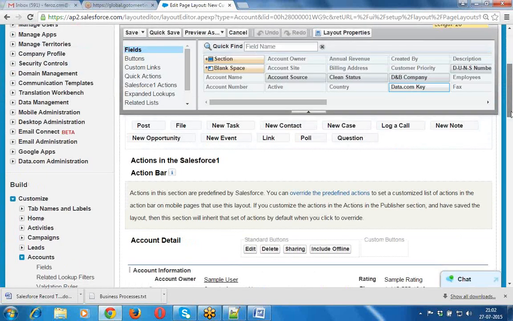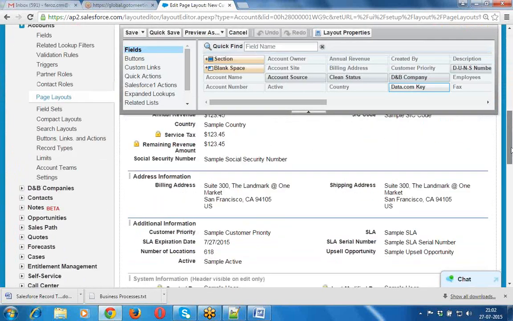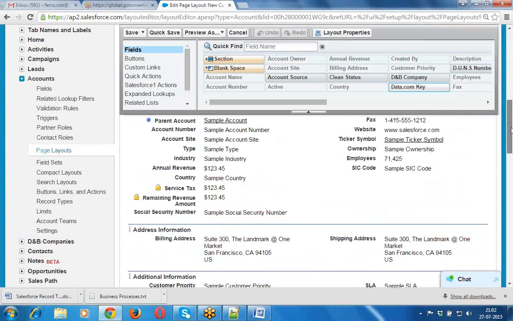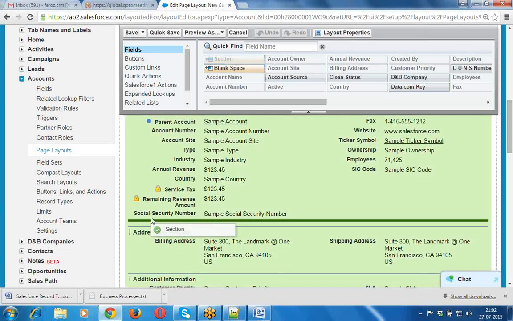So now here I want to do some changes. I am going to be adding a new section. This is the section I am going to add.